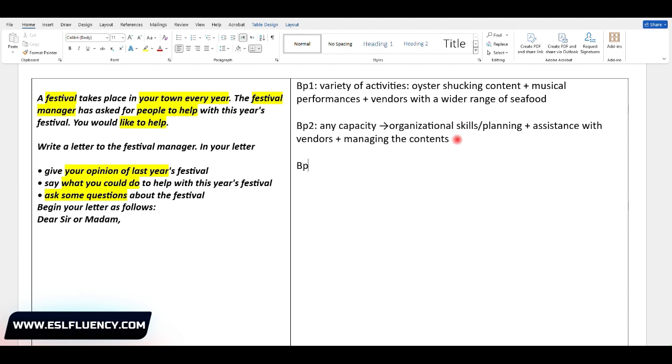Okay, for BP3, we have ask some questions. Okay, so this is the easiest one. If I wanted to participate in such events, what question would come to my mind? Since it has a wide range of activities and there is a contest or something like that, what are the safety protocols?